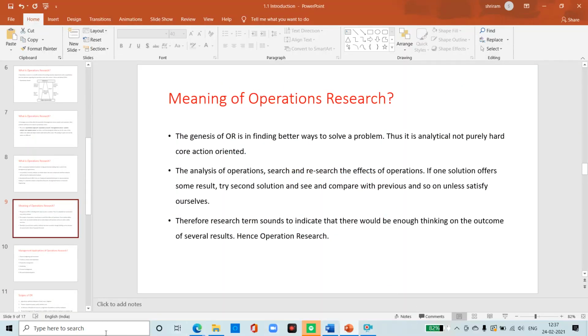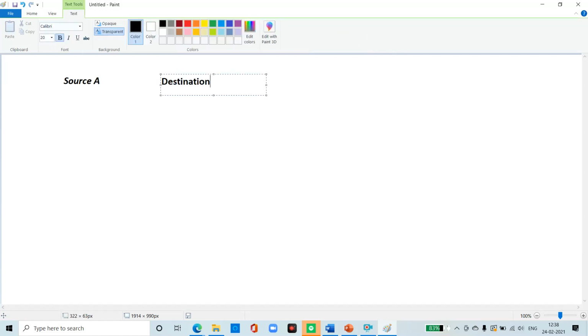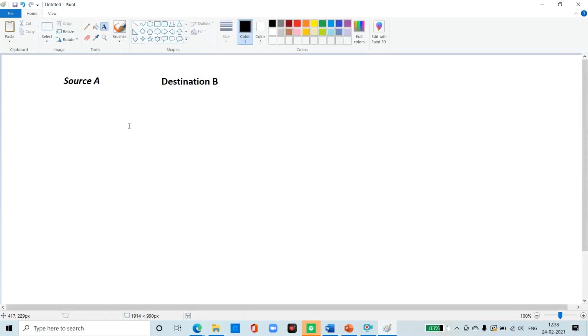In operational research, we have a source A and a destination B. From source A to destination B, there are different ways to travel.